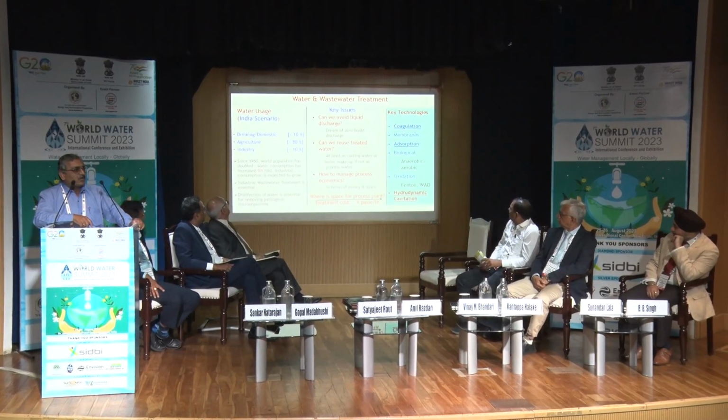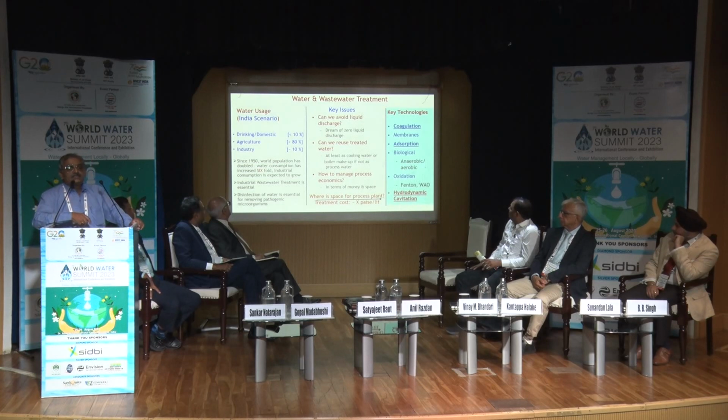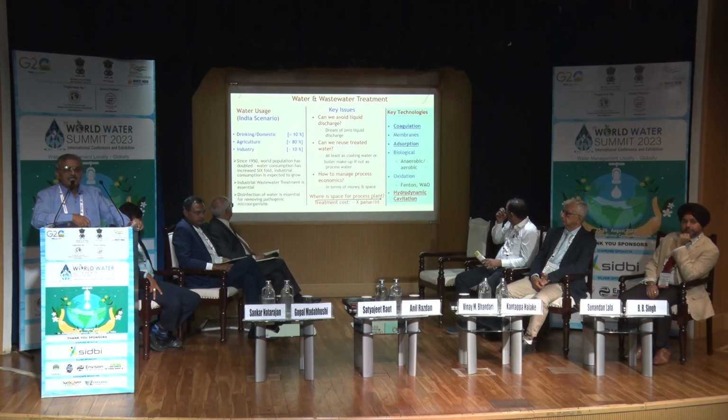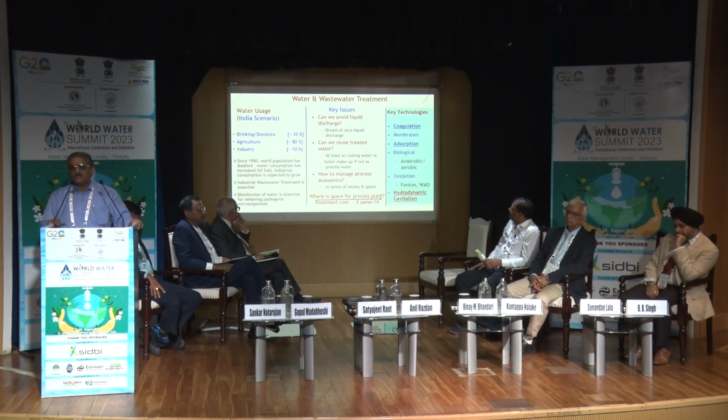Many of you are aware of this background, of how much water is available. Especially, I have given the scenario concerning India. Basically, we have only about 10% water available for industrial purpose. Domestic use is around 10% and more than 80% use is for agriculture. So we have an agriculture-based economy. So if we do parametric sensitivity, then if we reduce our consumption for the agricultural sector by 10%, a lot of water can be made available.